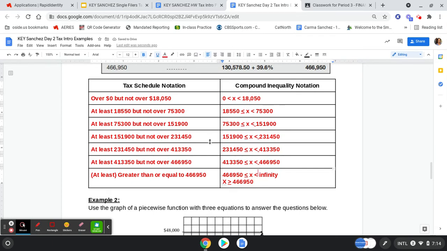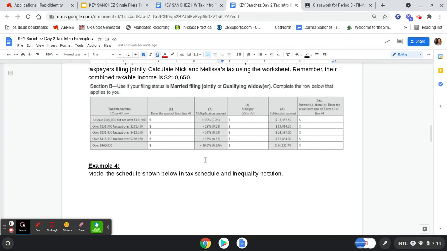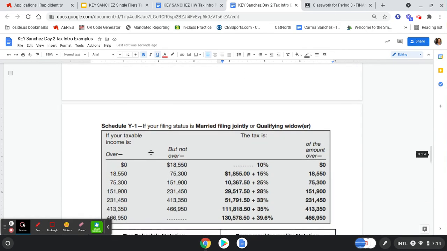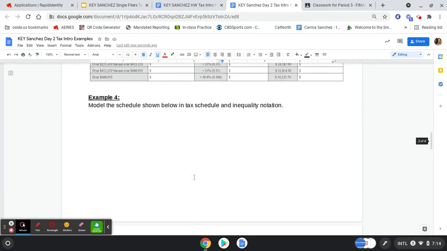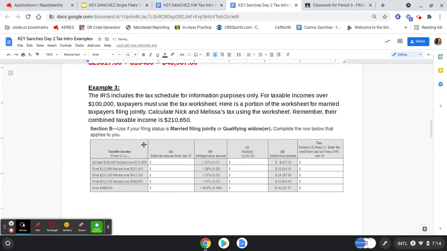Okay, table is finally done. And so this is what you would see as far as a worksheet goes. And for example 4, we just practiced from this schedule of what this would look like. And so model the schedule shown below. Sorry, this is the one that doesn't have a space for the work on example 3. So remember the combined taxable income is 210,650. And so calculate the tax using the worksheet. Remember the combined tax is this. And so taking this